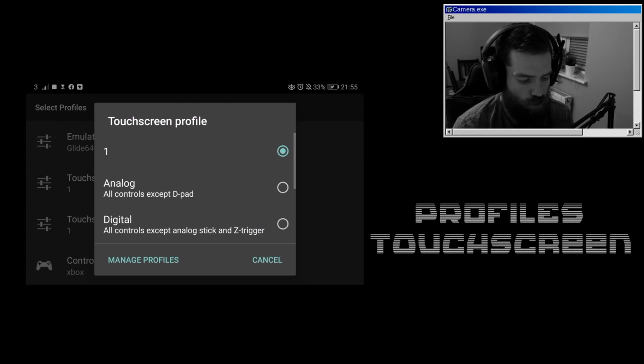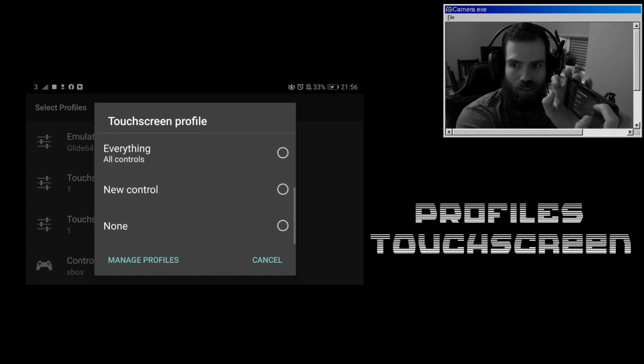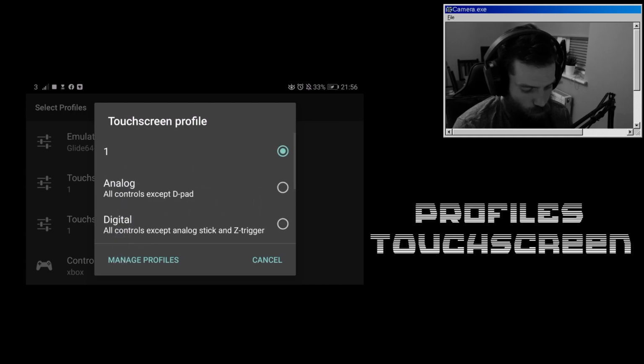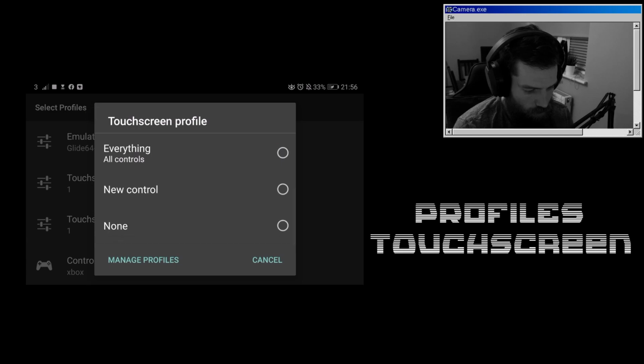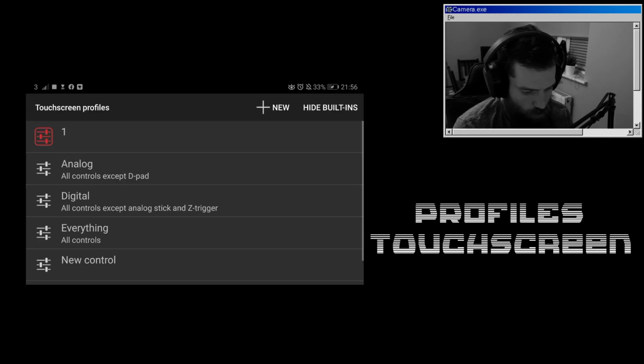Now touchscreen is key. This is where you set up your touchscreen on your actual phone. Now what I found, the actual default ones are a bit odd because you need to have your fingers up in the grill at the top, and I just don't like doing it like that. You can actually map the volume buttons to be buttons as well, which is really nice and nifty. But I'm just going to show you what I mean. So you can actually create your own profile. So let's go on to the bottom. Let's go on touchscreen, and then we'll go on one. We'll manage it for the time now, and then we'll go on new.